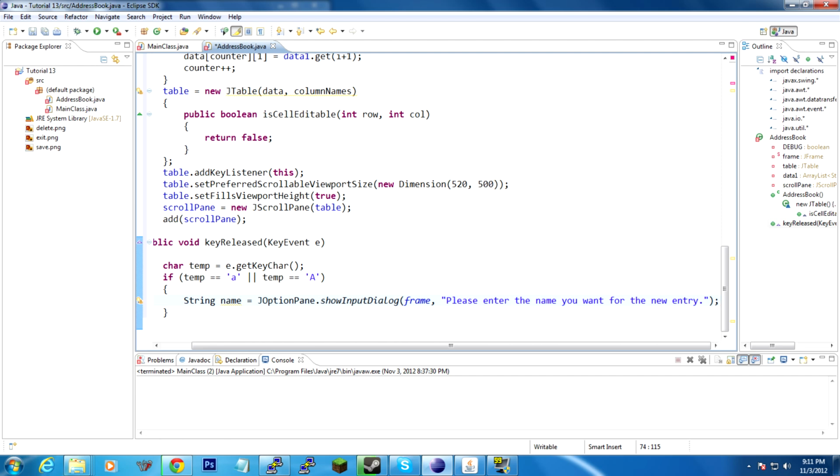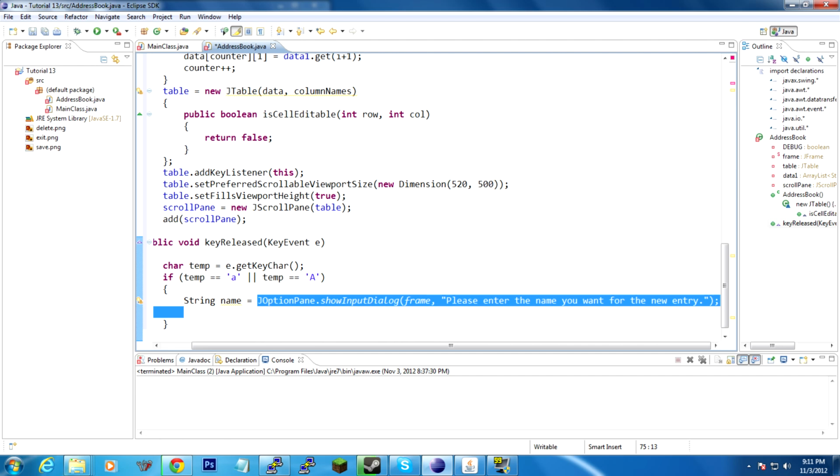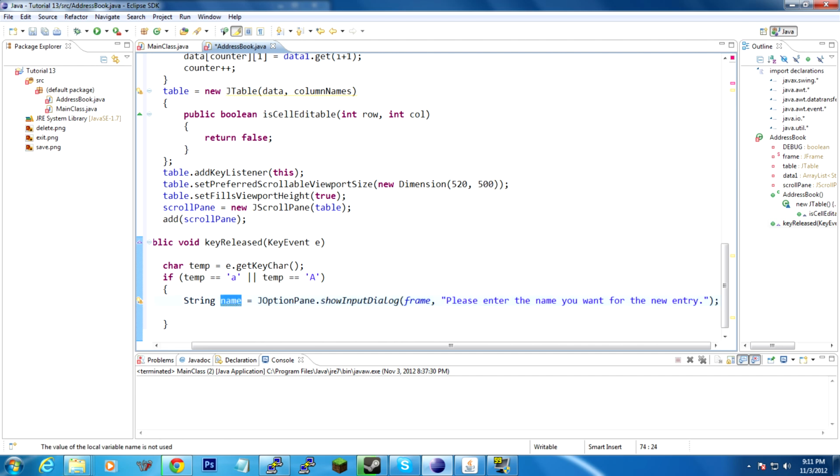Then basically the way this will work at this point is it would bring up a little window, and this, when it's done, returns something. If the user clicks cancel, it returns null. So then we're going to want to say if it's not equal to null, then we want to get an address. If it is equal to null, then we could care less. Let's just ignore their key press and move on and wait for another one. So if name is not equal to null, and let's put this in